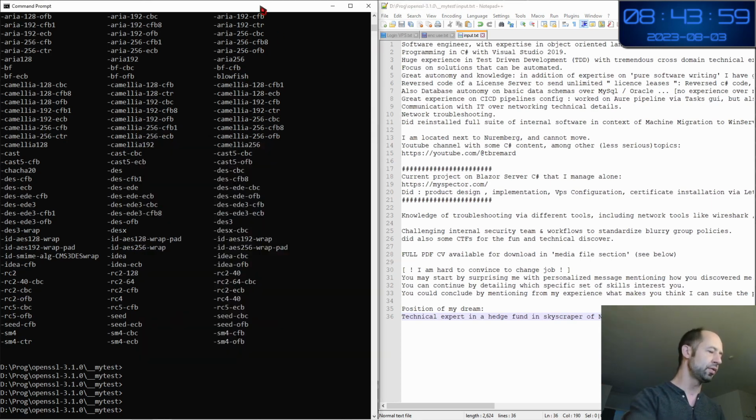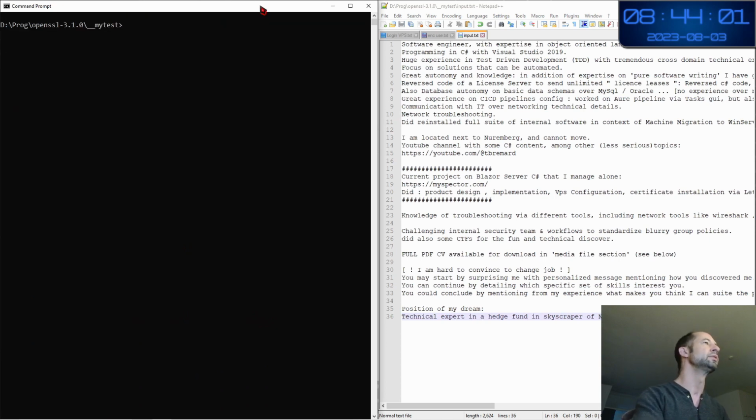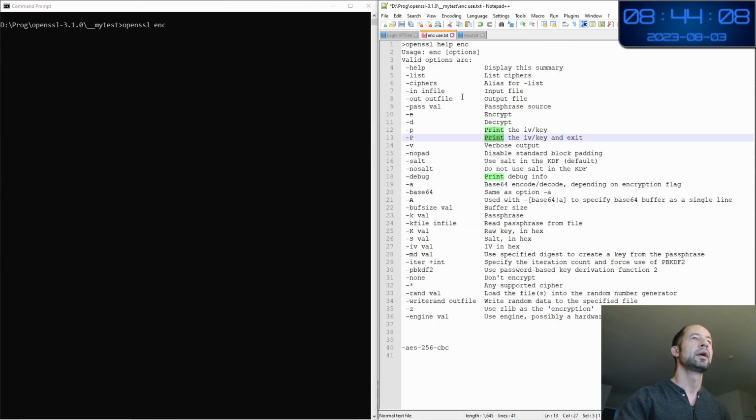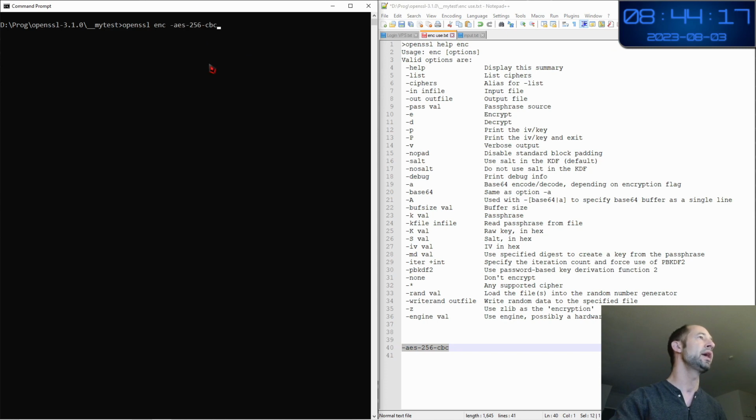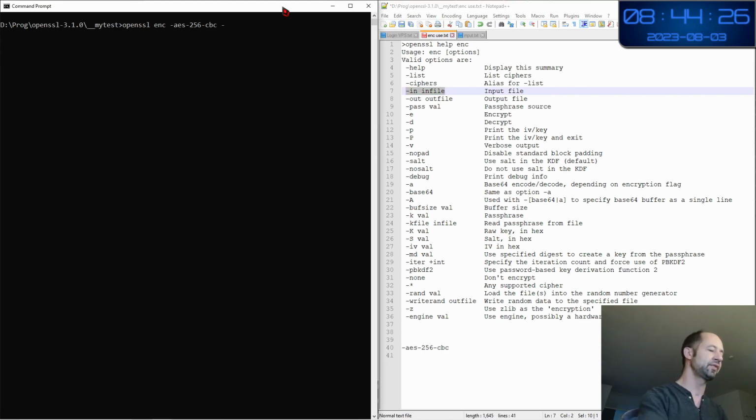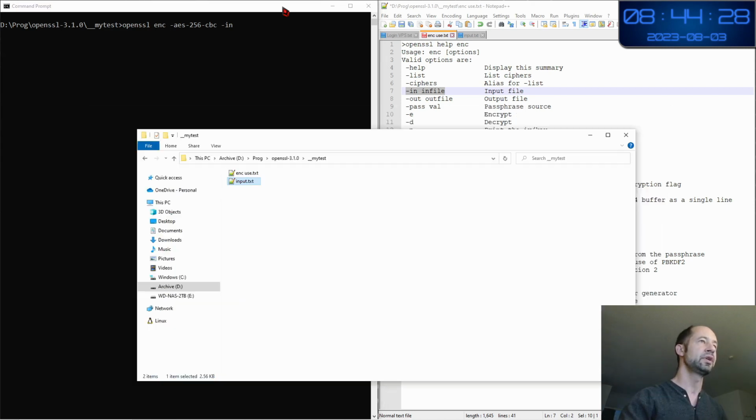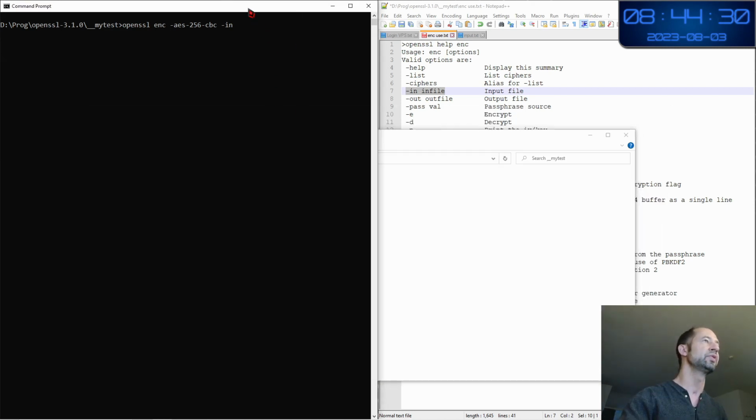I will now prepare the new command. openssl enc. What is not written here is that you should also put the algorithm. So the algorithm is there. openssl enc, the algorithm, then -in for the input file, which is input.txt.